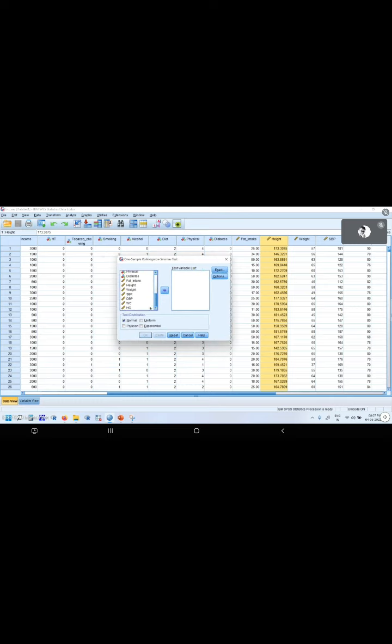When you click here, please listen to what I am doing now. Later I will give you time to do it yourself. Okay. See here, you will get a dialog box like this. Which variable do you want to check the normality of? Height, just drag that to this side. And here by default the test distribution is normal. Click OK. When you click OK, the software will produce the output here.